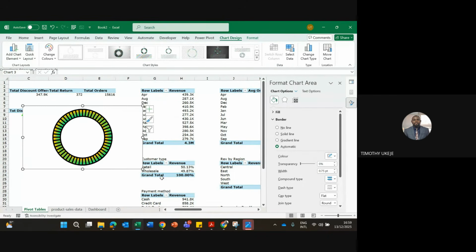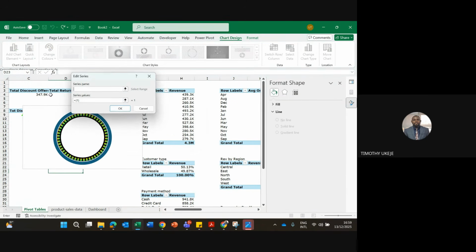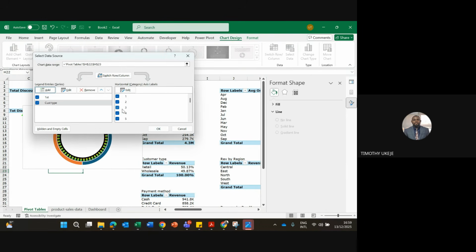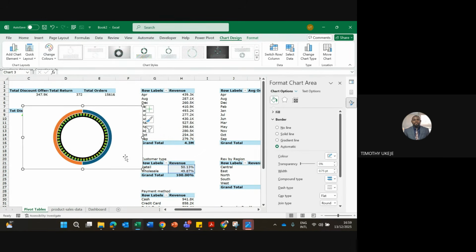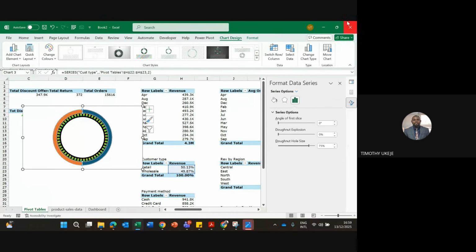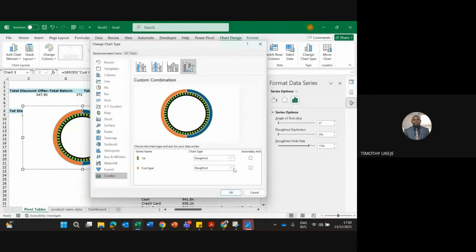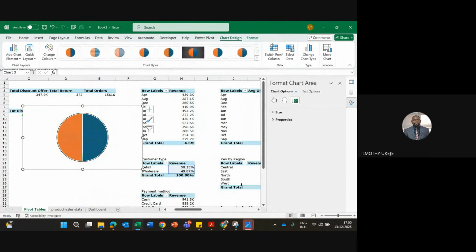at this point, I'm adding another data point to it. And this time around, it's going to be customer type. And just to spell the thing. Right, so for this customer type, I need to change it to the pie chart. That was what we did from